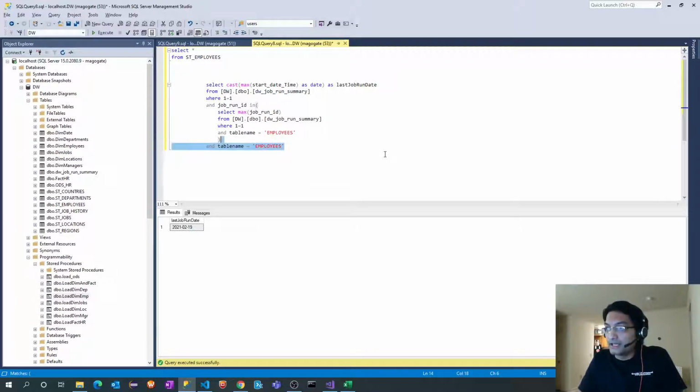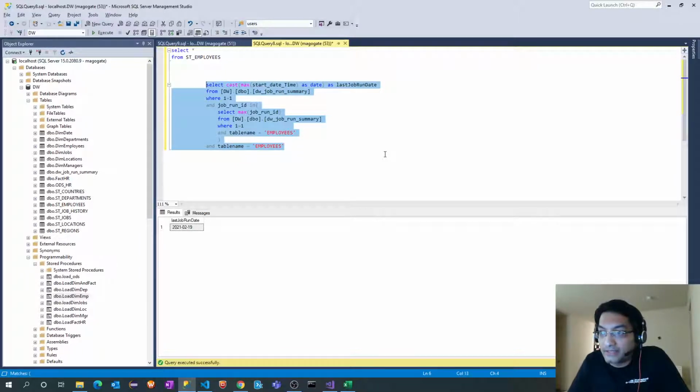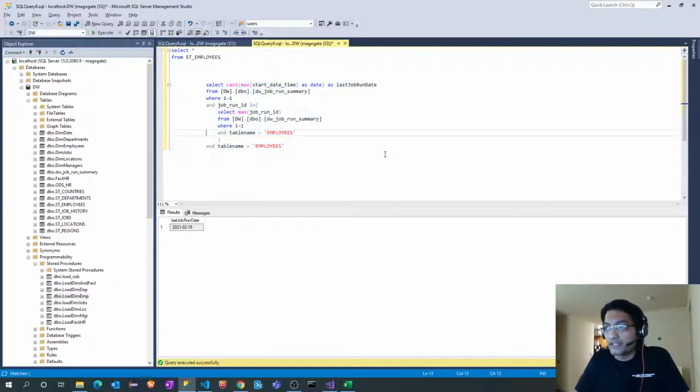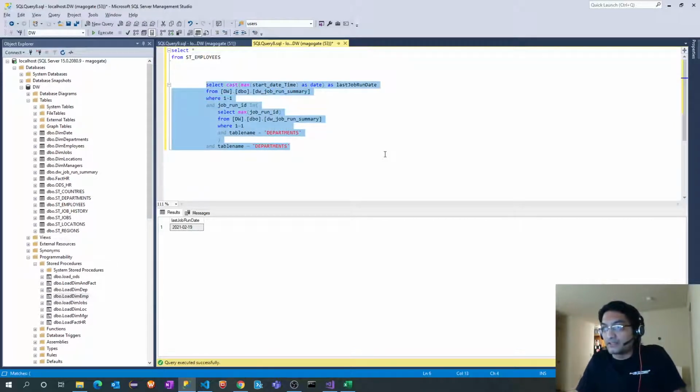And if I run this, I'm getting the entry as 19th February. If I use departments instead of employees, I think I will get the same 19th February.